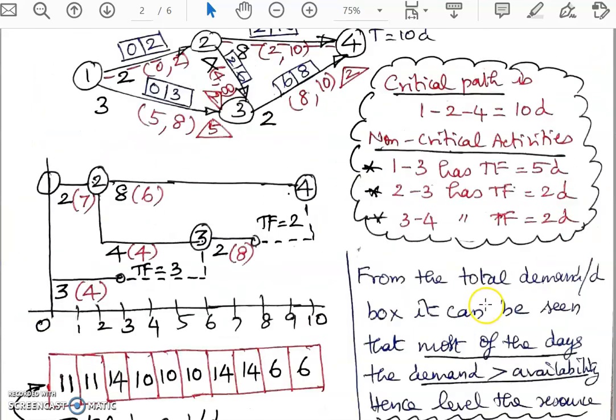That 5 days, if I go to the previous chart, is not coming continuously, but as 3 days plus 2 days, because total float is actually the total extra time available for delaying an activity along the path. So the total delay allowable in activity 1 3 is 3 days plus 2 days. So I'm going to shift 1 3 by 5 days total float and shift 2 3 and 3 4 by 2 days total float. All the shifting will be completed in this one stroke.